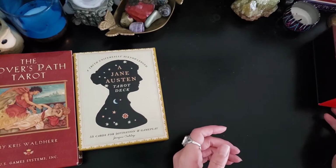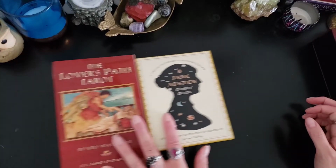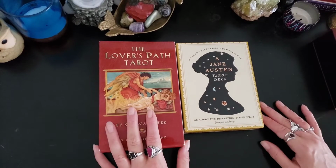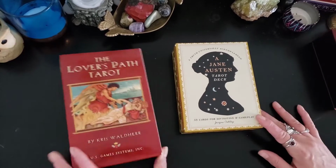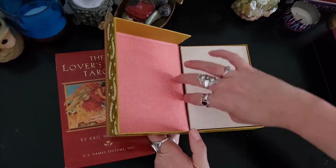Because there's some that, you know, we can like, but they end up being not so great. Okay, so I'm going to go on to the Jane Austen Tarot deck, and I'm going to